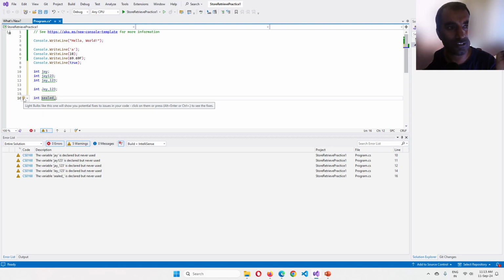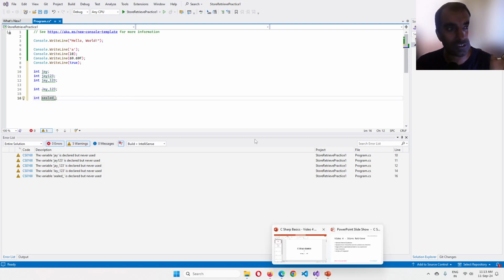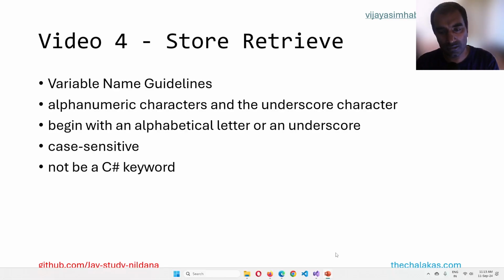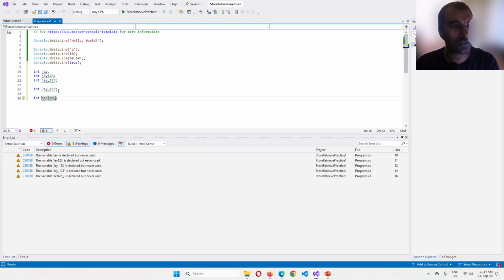Okay, so I don't think any of these things are restrictive or anything like that. So let's keep going here. So that's about the variable names, the name guidelines. As you can see, they're very easy to follow. Oh yeah, I think it'll come up in a future video, but I might as well mention it. So when you're creating variables, it's good to follow